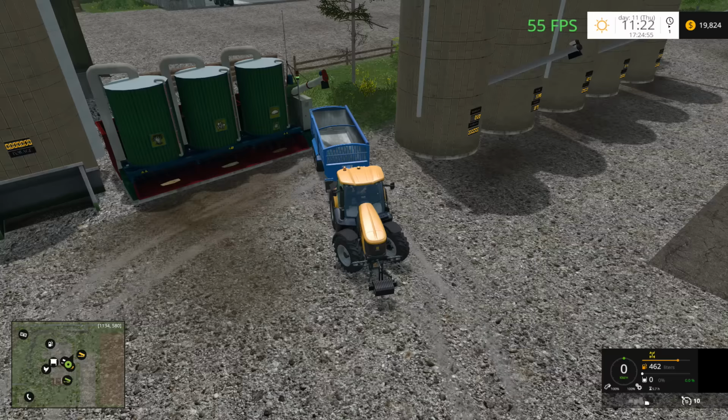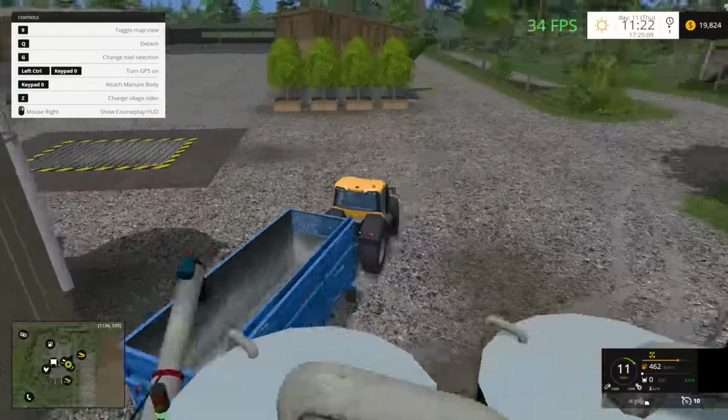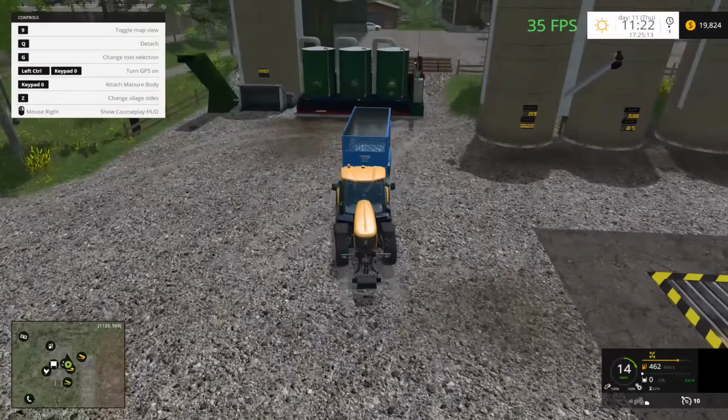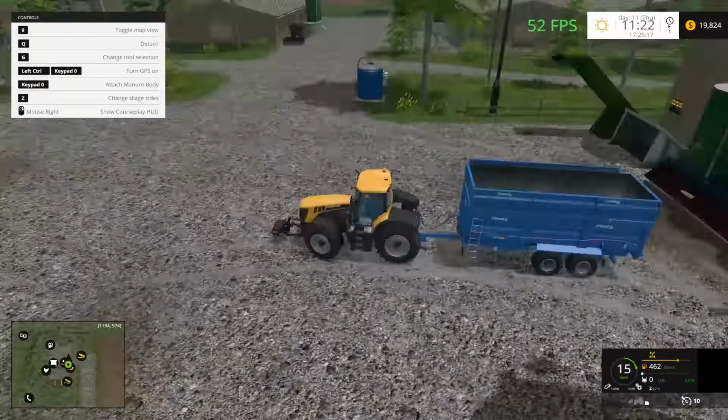Alright, so we have run into a problem. Apparently this Stewart trailer cannot accept mixed feed. Don't understand why. Maybe if I change it to the silage body? I don't know. But it doesn't appear to be able to accept mixed feed, which is annoying. But it happens. It's not the first time it's happened, so...